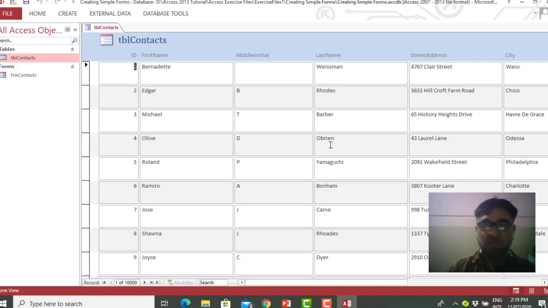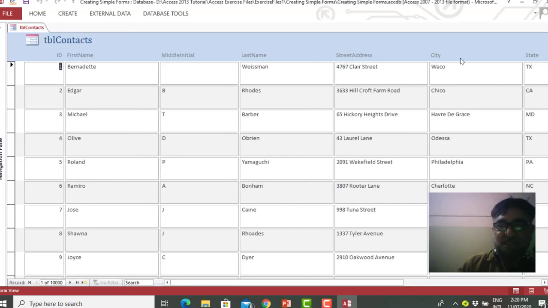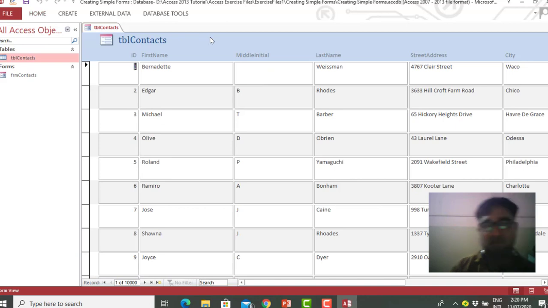In form view we can see them like this. So this is the multiple item form. It looks good on one screen to see the data, like in Microsoft Excel. So it is also one of the types of forms which we can create in Microsoft Access.